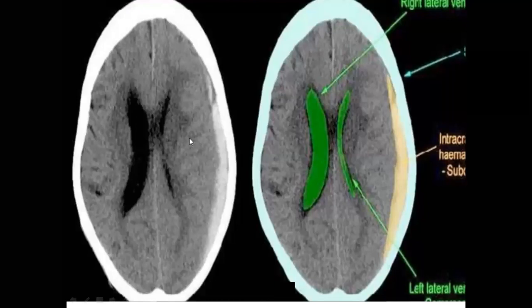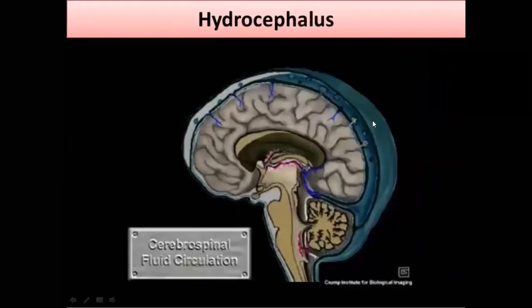This is a CT scan of a cross section of the brain. In a cross section of the brain, you can make out these two lateral ventricles. As there is a blockage on the right side, the right side lateral ventricle is enlarged and the left side is normal size. Then hydrocephalus: hydrocephalus increases the size due to blockage of the flow of CSF. The ventricle size becomes bigger, the brain size becomes bigger, and the baby has a large head; we call it hydrocephalus.